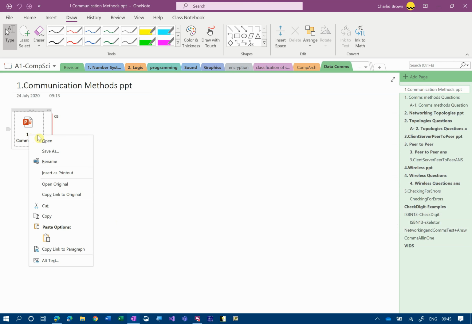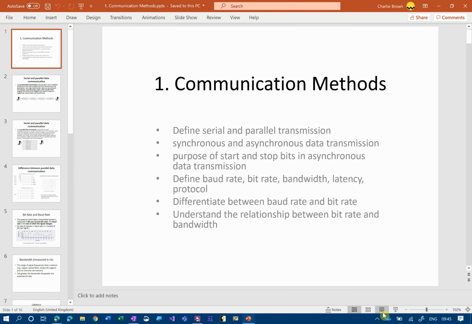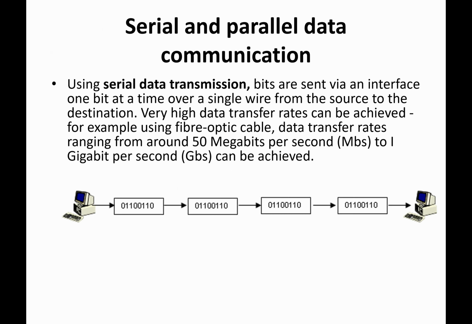So, right, okay, first one then is this PowerPoint here. Now this will take a while, but shouldn't be too bad. Right, okay. So those are what we're going to be covering. I'm not going to read them to you because you'll get there eventually. Right, okay, first one is serial and parallel. Now, serial and parallel,